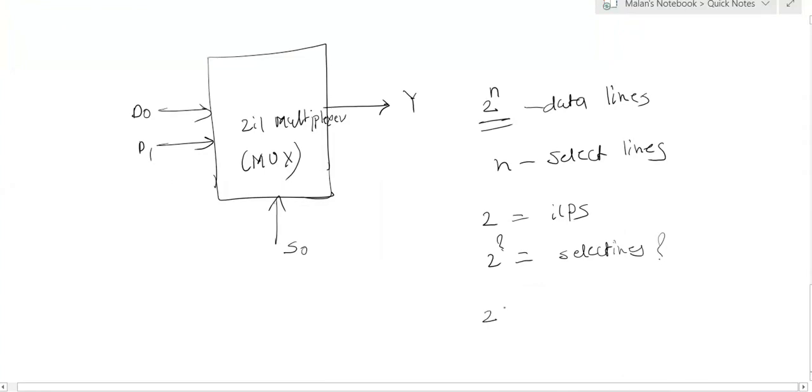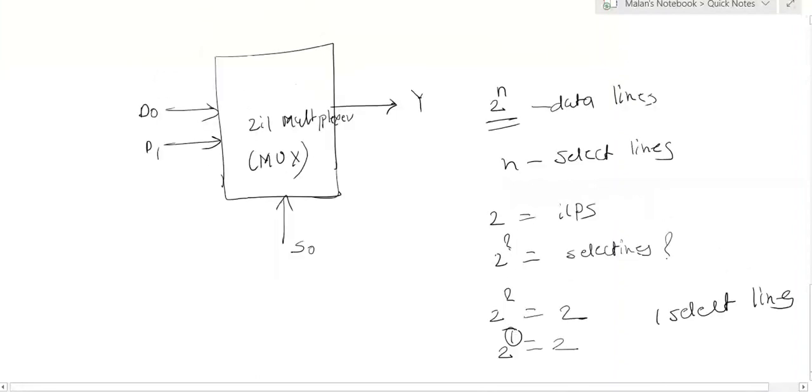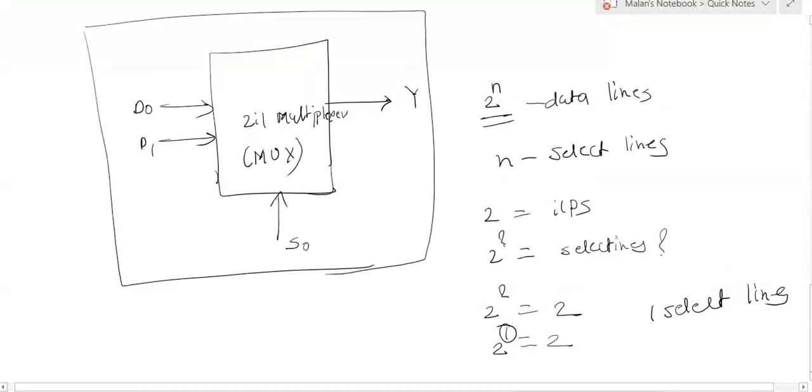So 2 raised to question mark is equal to 2. So 2 raised to 1 is equal to 2, and the 1 is the select lines. So I am showing here one select line in the 2:1 multiplexer. This is the block diagram of the 2:1 multiplexer.